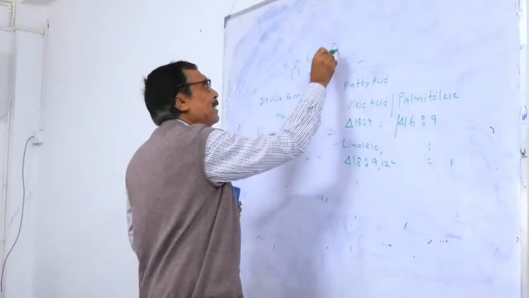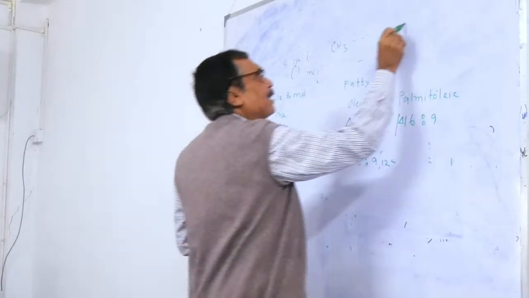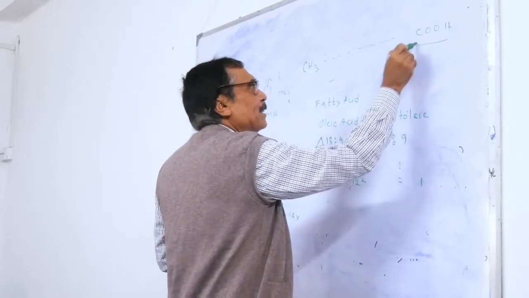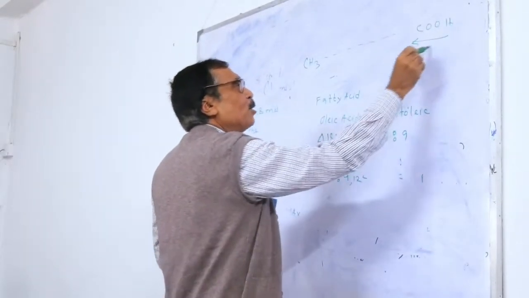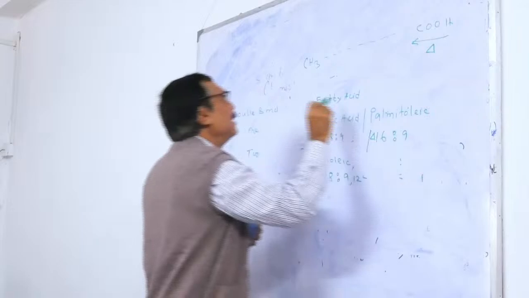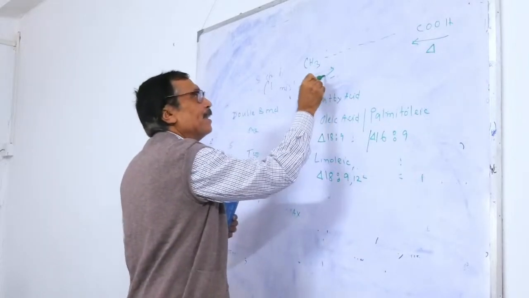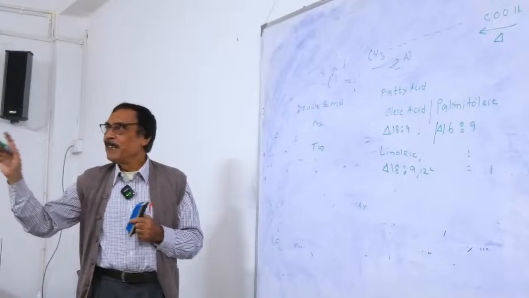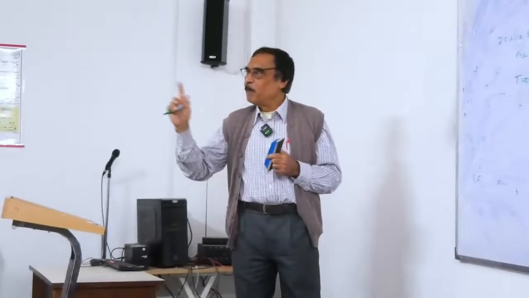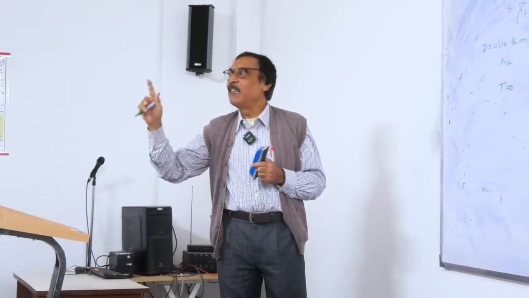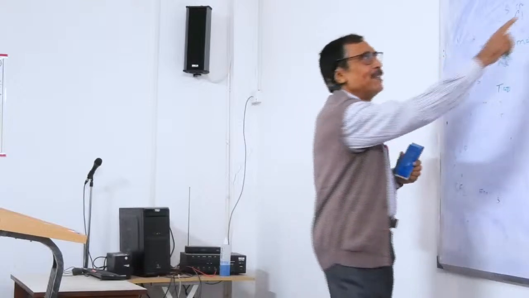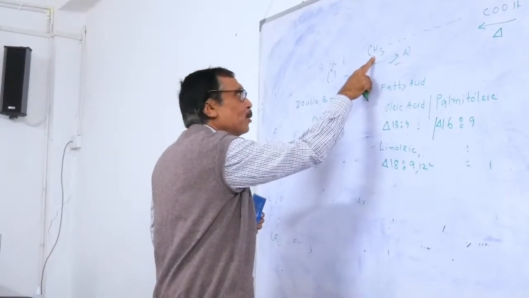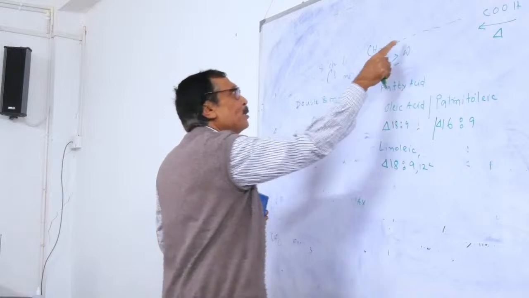একটা হচ্ছে মিথাইলেন, আর একটা হচ্ছে কার্বক্সিলিক অ্যাসিড। আমরা এই দিক থেকে ধরছি, তখন তার নাম হচ্ছে ডেল্টা। আর যদি এদিক থেকে ধরি তার নাম হবে ওমেগা। ওমেগা 3 মানে there is a double bond between omega 3 and omega 4. That means এখান থেকে ওমেগা, এটা হচ্ছে 1 নম্বর, তারপরে 2 নম্বর, তারপরে 3 নম্বর,